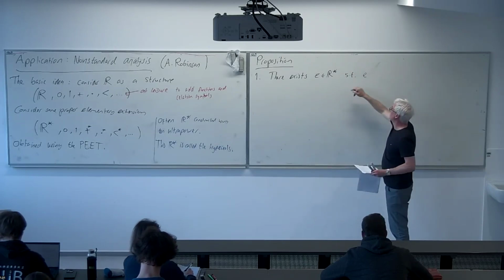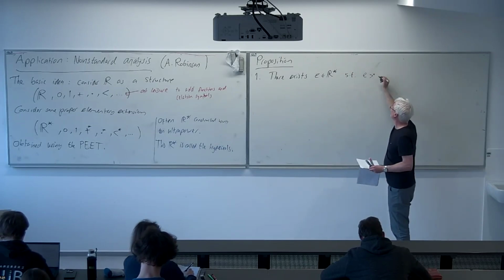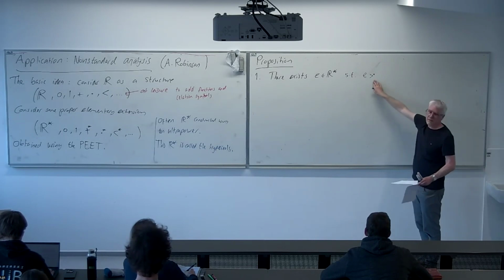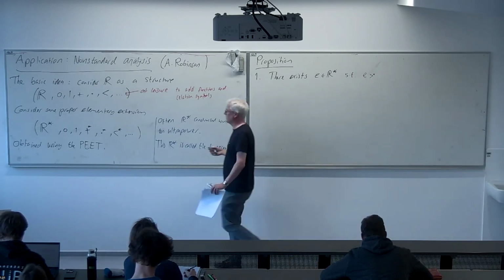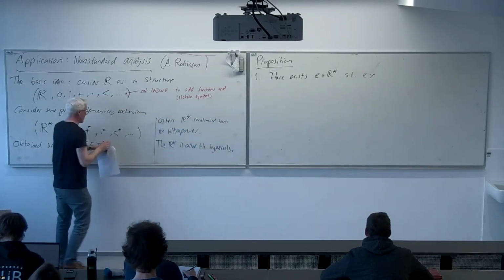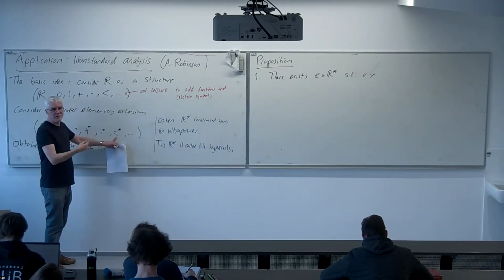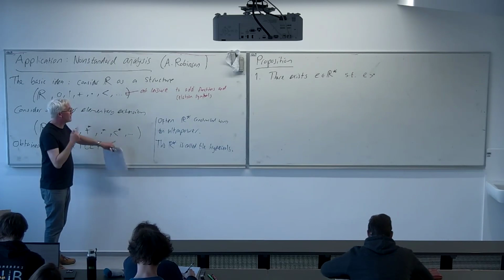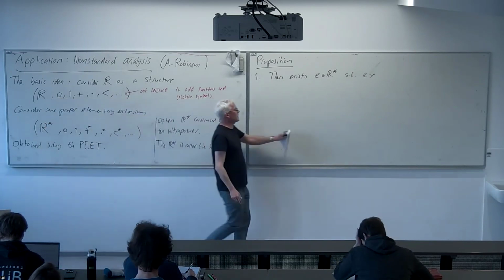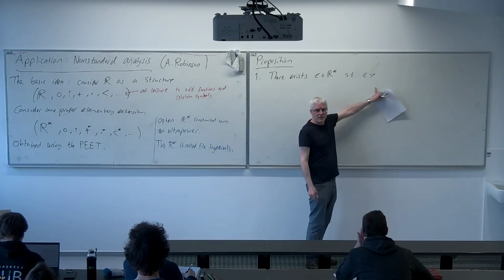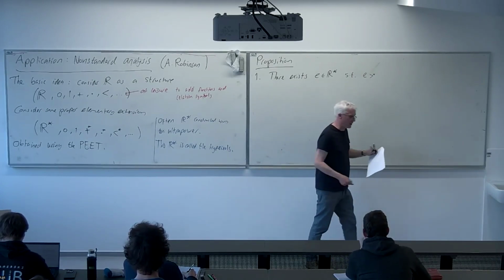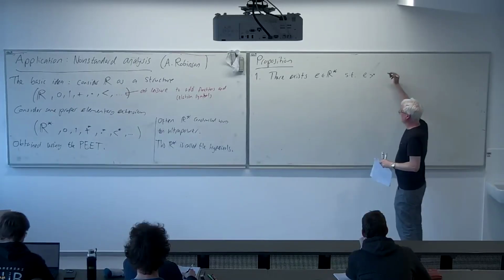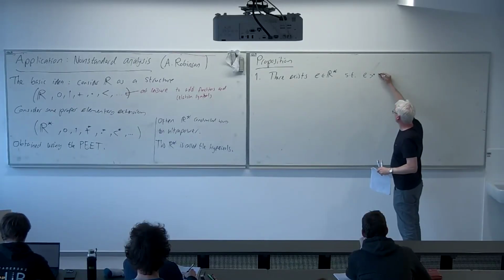Now, because it's an element of R star, people would normally just write greater than 0. People would just normally extend the greater than relation to this structure and use it without worrying too much. But I'm going to try to be careful to put these stars on, because this is your first exposure to such things, just so that we know what structure and relation we're working in. So here we've got E is positive,